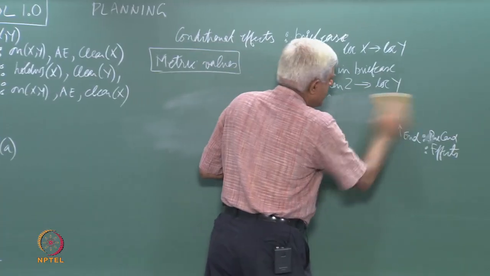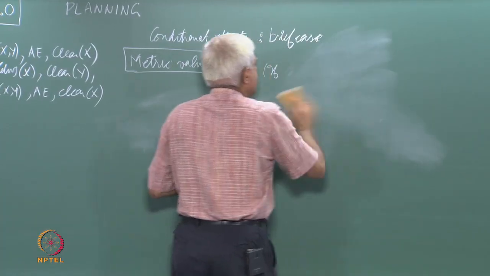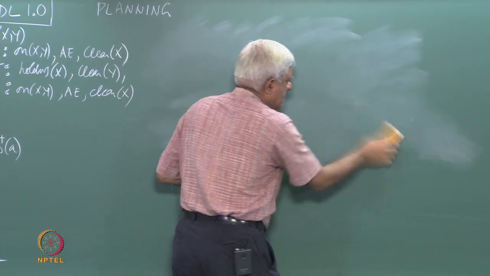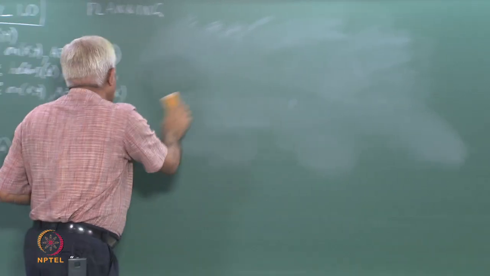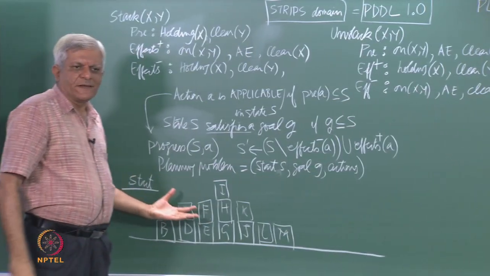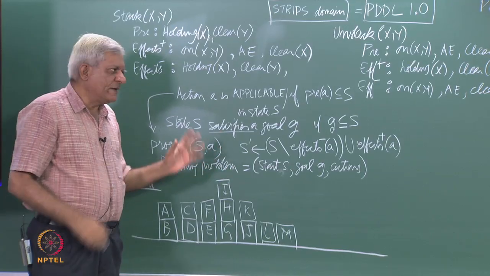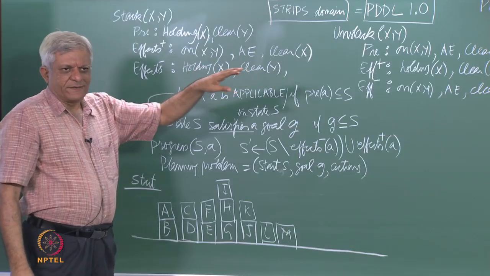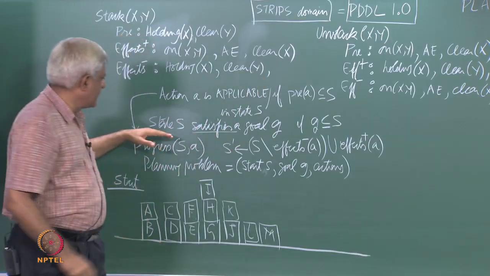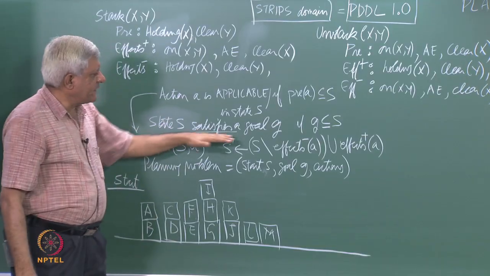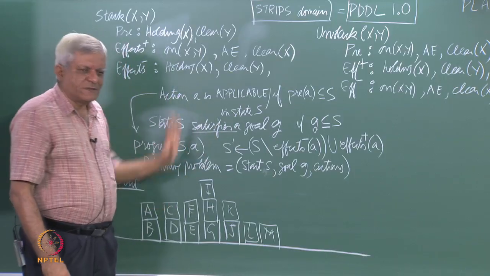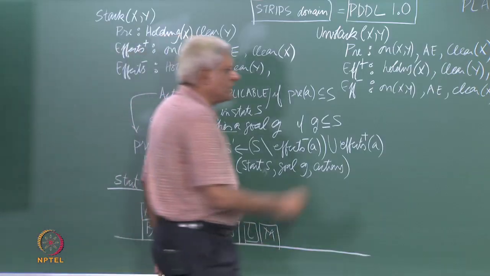So, again let me repeat that the goal is a description and the description may be true in many states. As you can imagine, if you just have this A on B on D, then the rest of the blocks can be arranged in any way, and as long as those two predicates on A B and on B D are there in a state, that state is a goal state. That is what we have said here, that a state S satisfies a goal G if G is a subset of S. Now, we want to do this planning, and we start with forward state space search,